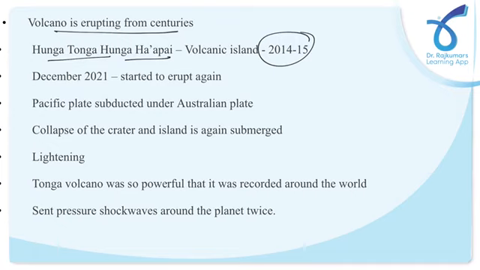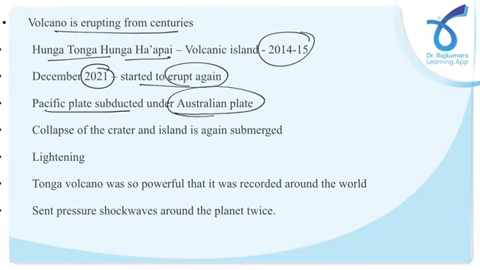And again in December 2021, it started to erupt violently, giving out ash, gases and steam. And this led to the formation of a mushroom-like structure above the South Pacific water. Now this was so violent that it led to the collapse of the crater, which was formed in 2014-2015 when the volcano erupted. So here we can see that the Pacific plate is subducted under the Australian plate where this Tonga volcano